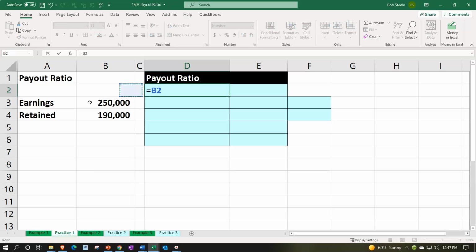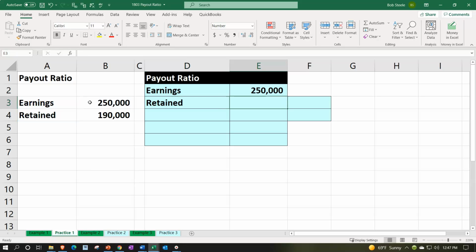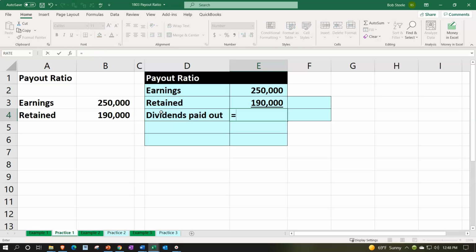So we're starting off with the earnings. We're going to first calculate the dividends that were paid out here. So we're going to look at the earnings over the year, which were $250,000. We retained then $190,000 of those earnings. Let's underline that, font group and underline. That's going to give us the dividends paid out, which is going to be equal to the $250,000 minus the 190. So of the $250,000 we earned, we gave out in dividends 60, meaning we retained, then didn't give out,